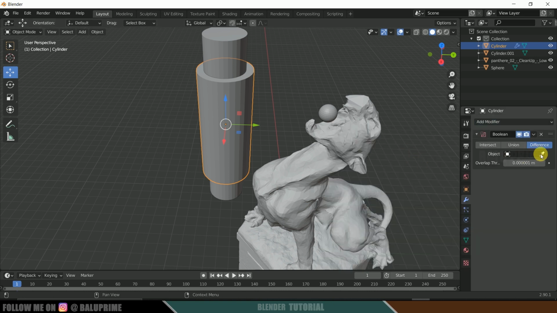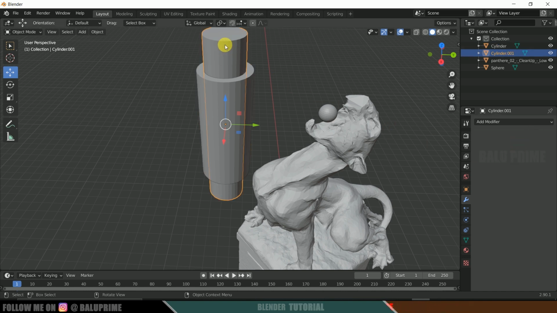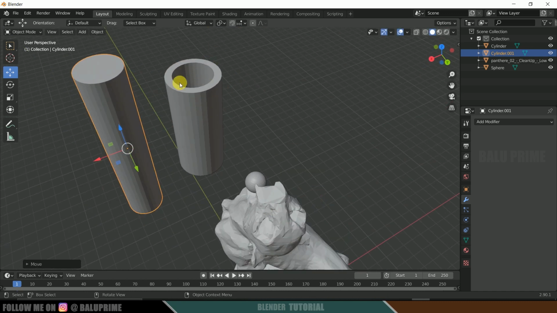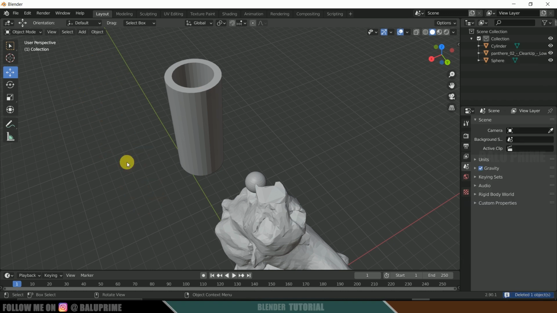Now click on this eyedropper and select the cylinder which is inside. Click on that cylinder and it will get selected here. It is set to Difference. Now apply the modifier. Now select this middle cylinder and move it aside. Here you can see we have a hole created. Now we can delete this cylinder. Simply select it and delete. Okay, fine.